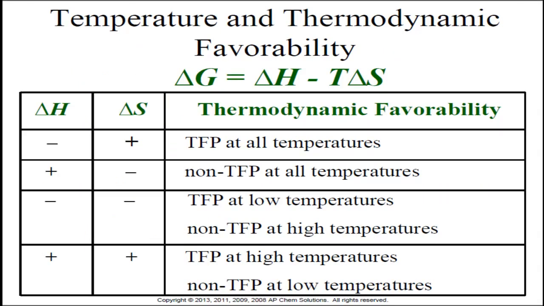So you are going to need to be familiar with your signs and how this affects delta G and if your reaction is thermodynamically favored or not. A negative delta H and a positive delta S are both favorable and are going to produce a thermodynamically favored system at any temperature. As we saw in a previous video, they will always increase the entropy of the universe. Now in number 2, an endothermic reaction that reduces disorder will never be thermodynamically favored at any temperature